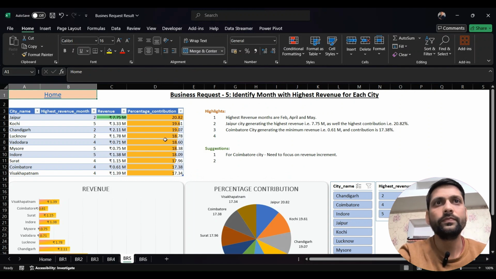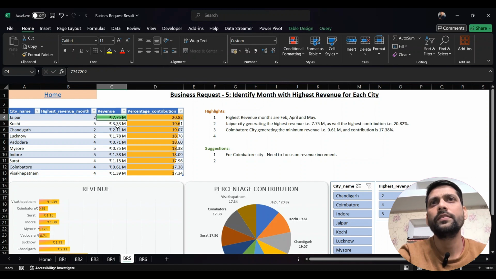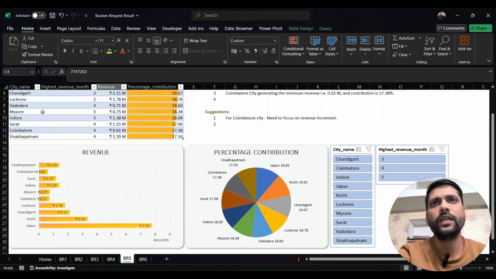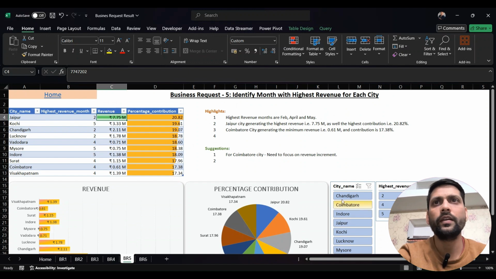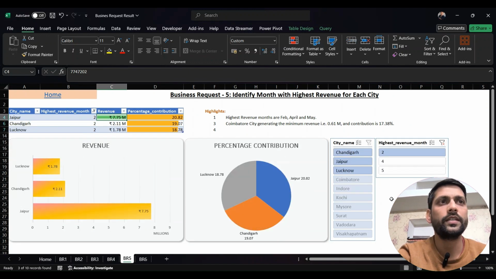Here we already applied this conditional formatting, and here we clearly see that Jaipur has the maximum percentage contribution with the revenue 7.75 million. We converted this data into millions, and we created a chart here. We added the column city here. Also we added months. In the slicer only, we can analyze data by months,